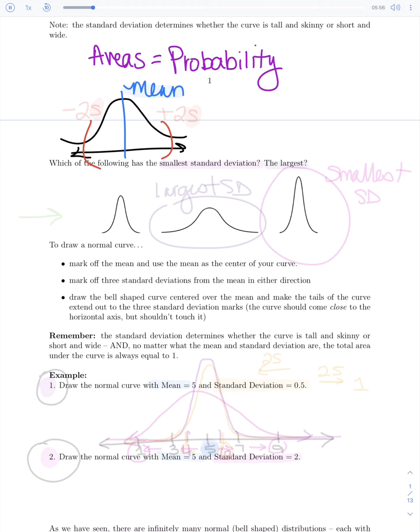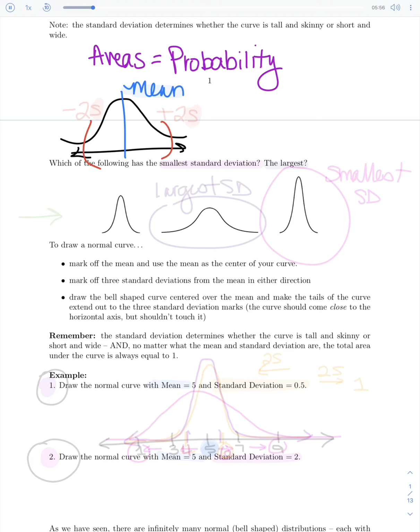So what's going to make me taller, fatter, wider, moved left or right is all going to have to do with two things: your mean, and how far out you're going to get pulled in either direction, which is based on your standard deviations. So if I look at all three of these curves, let's see which one's actually going to have different standard deviations. Well, let's take a look